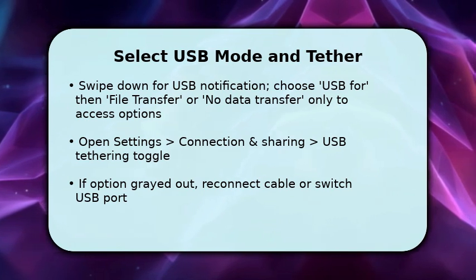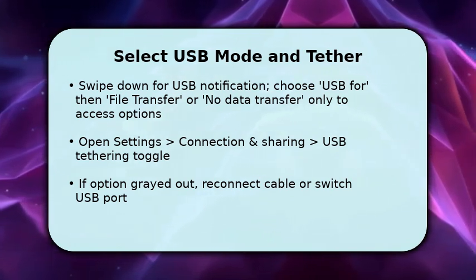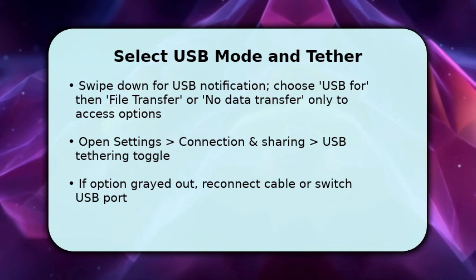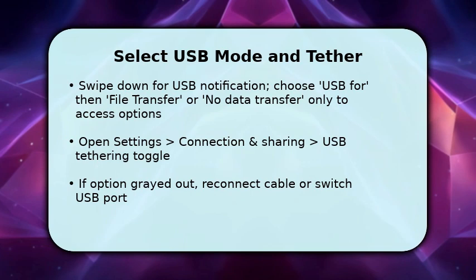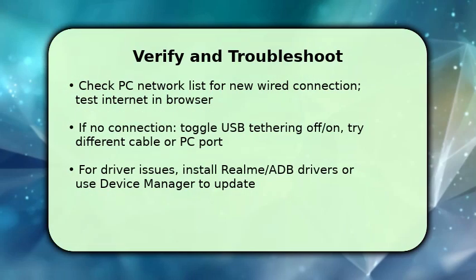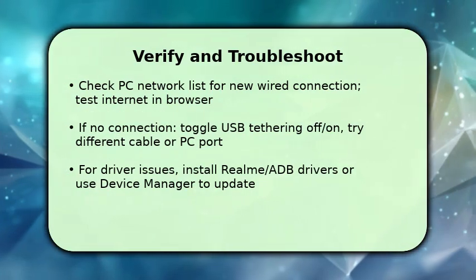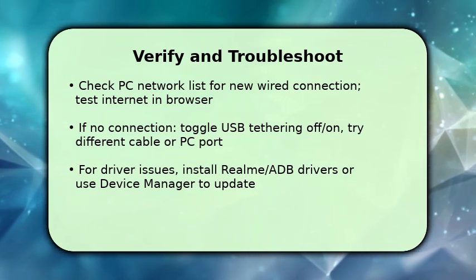You'll see a new network adapter appear on the computer. Make sure mobile data is enabled on the phone because USB tethering shares that cellular connection rather than Wi-Fi. Once tethering is on, confirm the computer shows a new wired or local area connection and load a web page